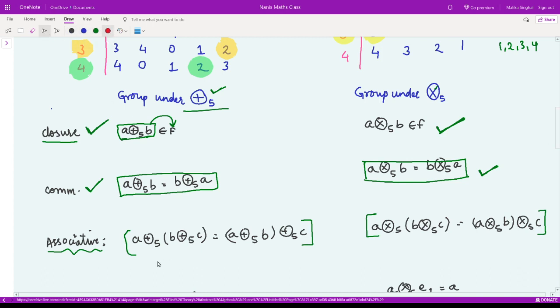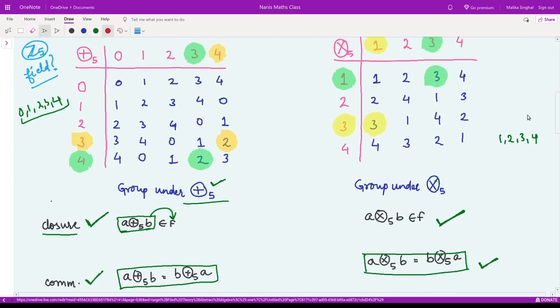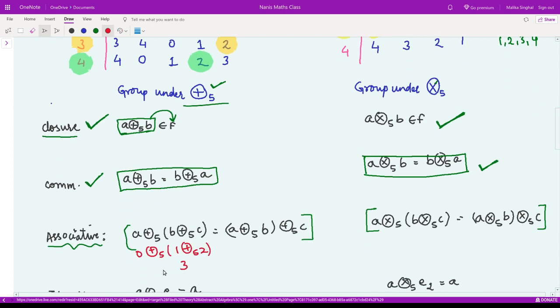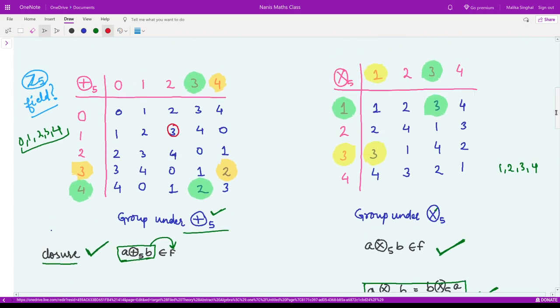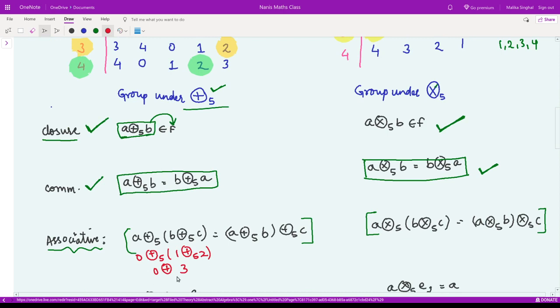For addition, let me take 0, addition mod 5, then 1 and then 2, right? So 1 addition mod 5 2, what is that? It is 3. So let me write it here, 3. Then 0 addition mod 5 3, what is that? It is 3. So the answer from the left hand side is 3.